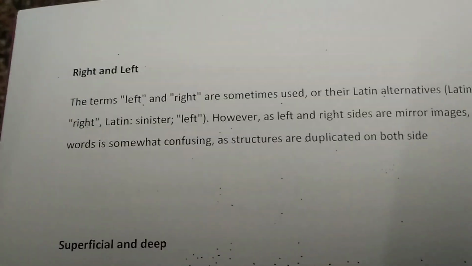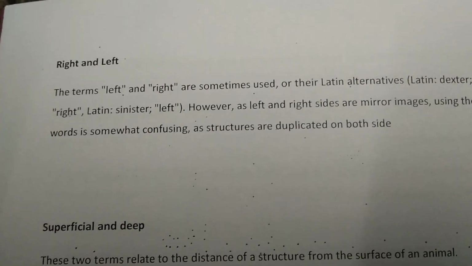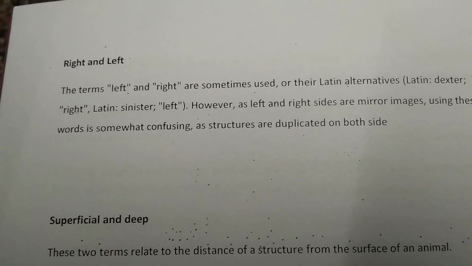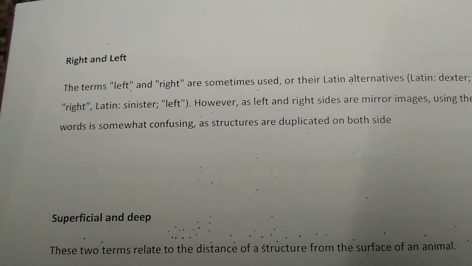The next terminology is right and left. Obviously it's straightforward. Anything which is there on the right side of the body is called as dexter or right. Anything which is closer to the left side